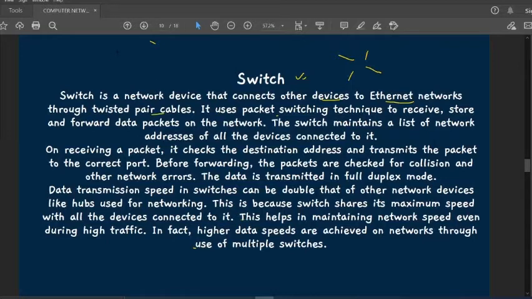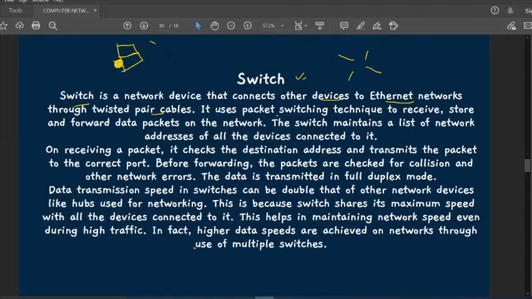Now you must know that in a PC we have one Ethernet card, or Ethernet port, where we actually connect the cable. So if we want to attach more than one Ethernet network, then for that we can use a switch. It is not actually going to check in which direction it needs to go, or to which computer it needs to go.